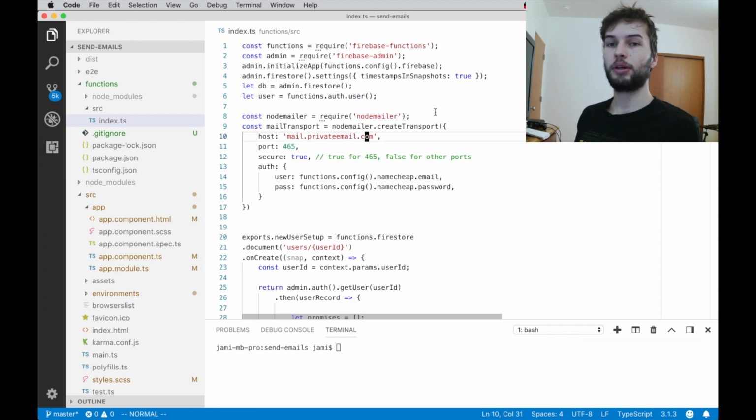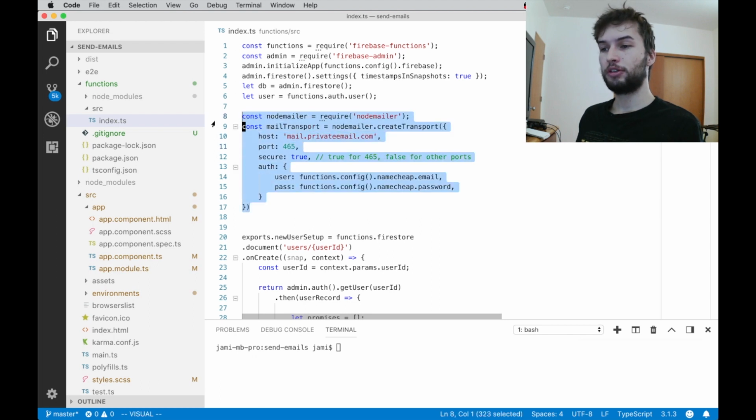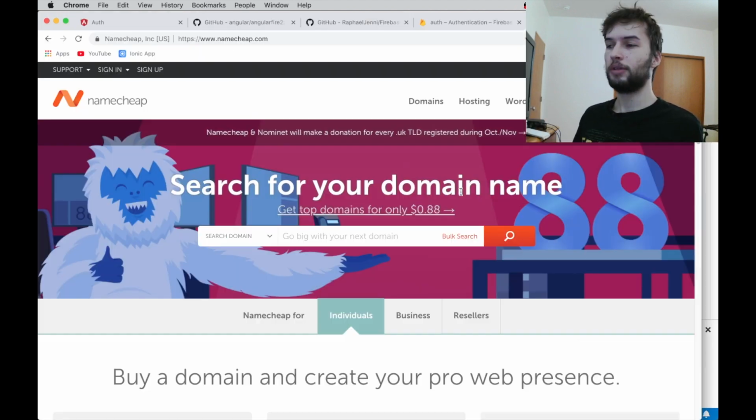Okay, and like I said, we're going to be using NameCheap, and their mail server is mail.privateemail.com. But for this part, you can just configure this with whatever mail server you're using. This example is all going to be NameCheap, because that's the domain name provider that I'm using. So I'll give you an overview of what you need to do if you want to set this up with your own domain name, because you want the emails coming from something like